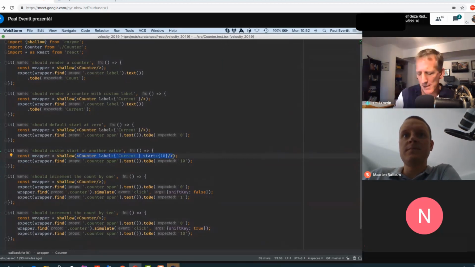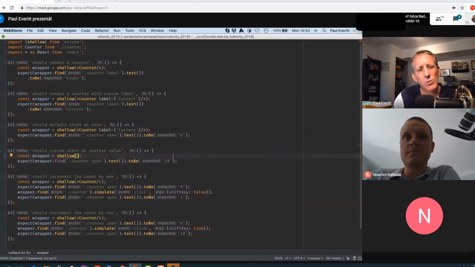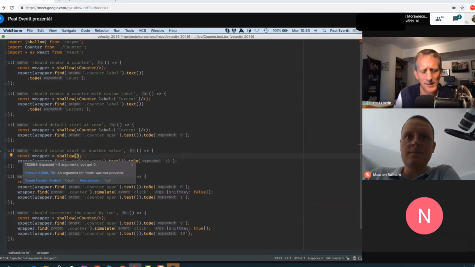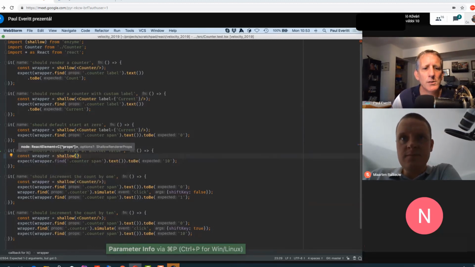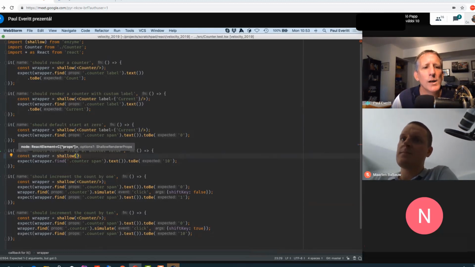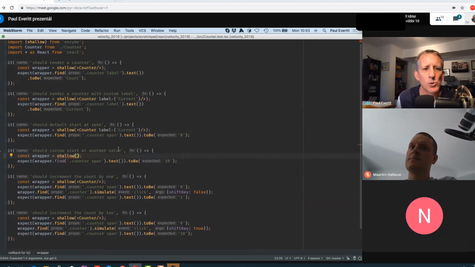Or if I'm in the middle of using it, I'm like, what parameters does it have? It's yelling at me about something. I expect some arguments. What should those arguments be? Parameter info, Command P, will tell us a little bit about what's needed. And as you move from parameter to parameter, the bold will move as well.